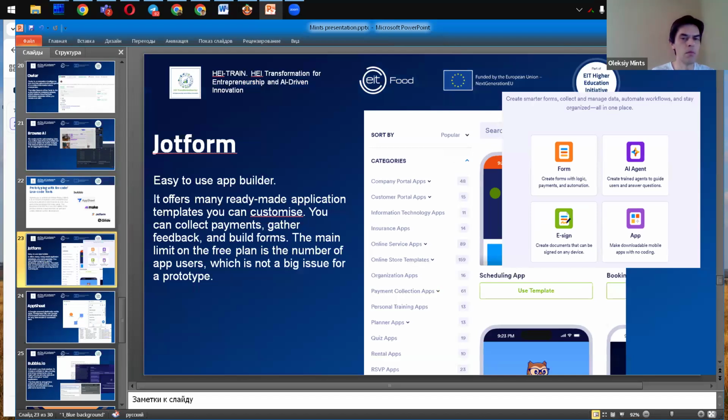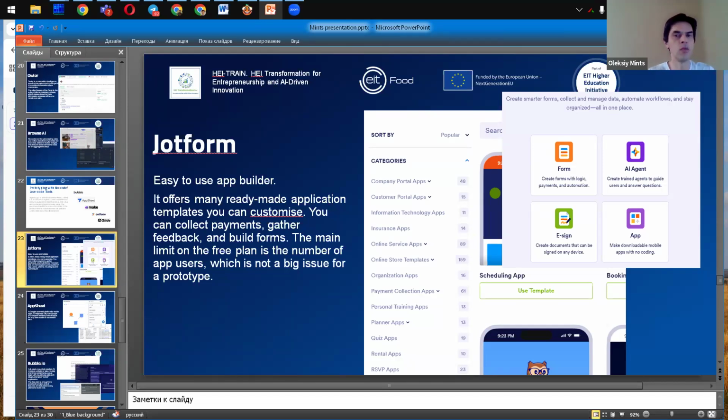First of them is Jotform. In my view, it's the easiest builder to use. It offers many ready-made application templates you can customize for your project. You can collect payments, gather feedback, and build forms. So you may use a lot of pre-built applications and customize them for your purposes.